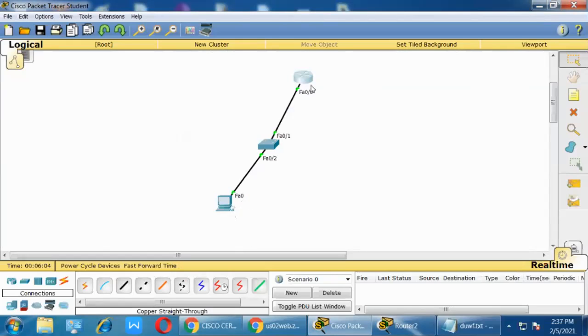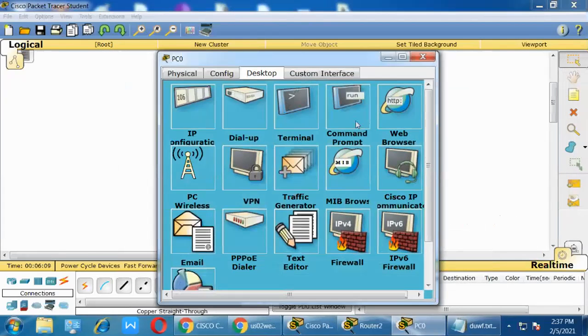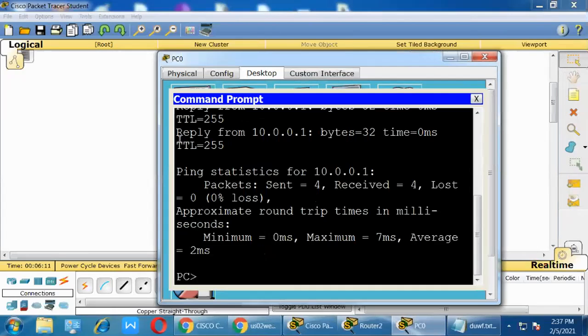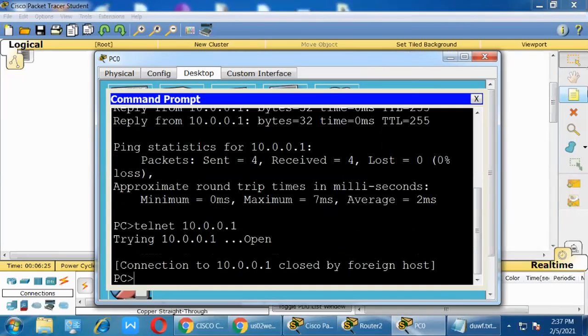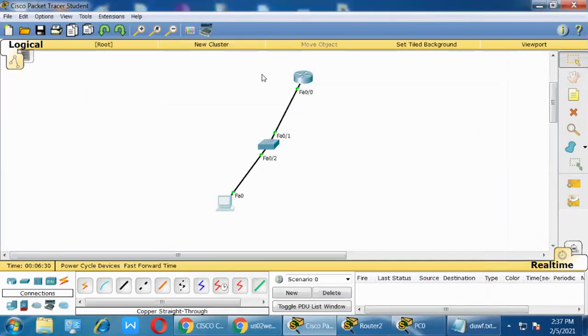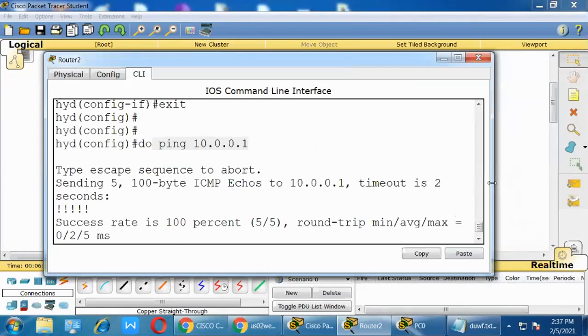Now I need to configure remote access, because I want to access the router remotely. For that purpose I need to use one service, that is the telnet service. Already we discussed yesterday. So telnet 10.0.0.1, I want to log into the router. It says foreign host is closed, because I have not configured anything related to the remote service.